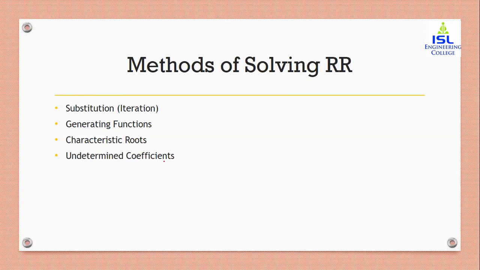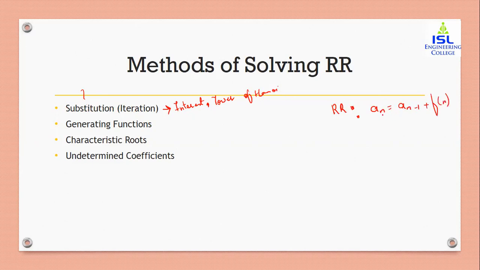So the first and foremost is the substitution method. The substitution method is the method that we used to solve the first example of recurrence relation. If you remember the principal amount, compound interest problem, it was solved by the substitution method. Along with that, the Tower of Hanoi concept was also solved by the substitution method. Now, what is the substitution method? If you have a recurrence relation of the form a_n is equal to a_(n-1) plus some function of n.